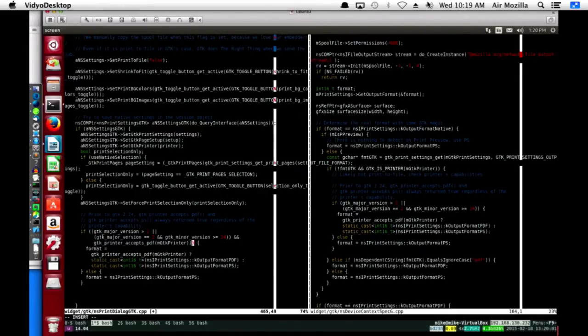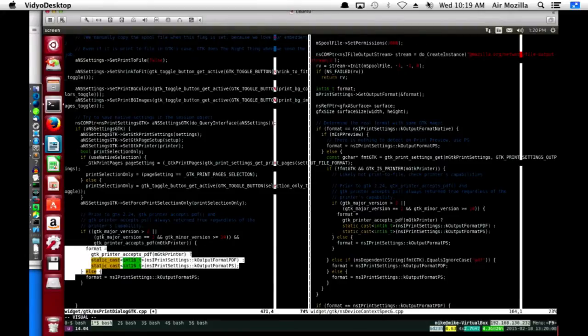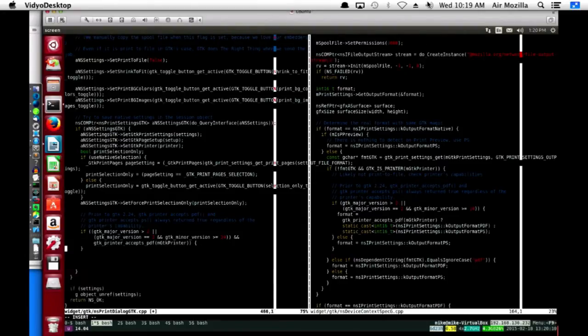I can probably clean up the formatting here a little bit, but let's not worry about that just yet. And we're going to say ANS settings GTK. I think it supports PDF. I might need to rename that from supports to accepts. You know what? I'm going to do that. Accepts PDF, true.